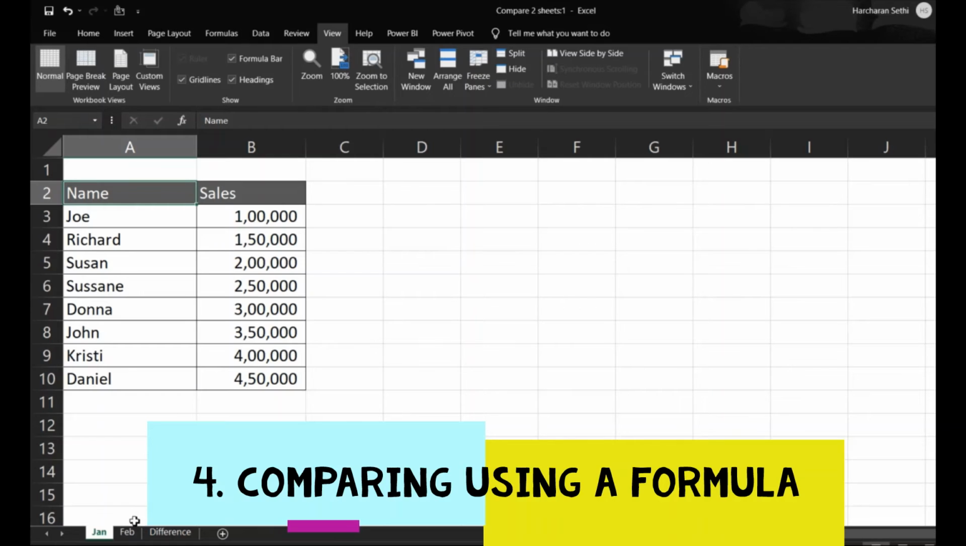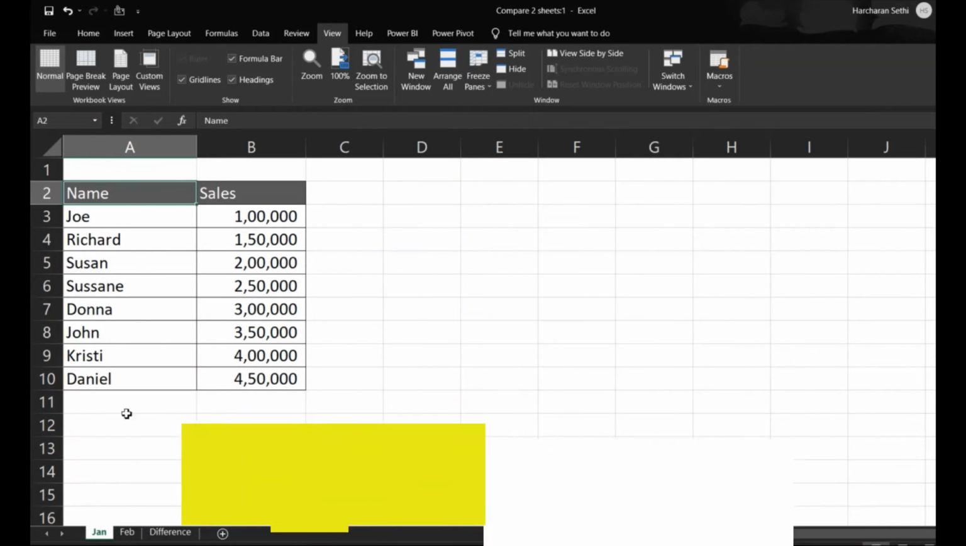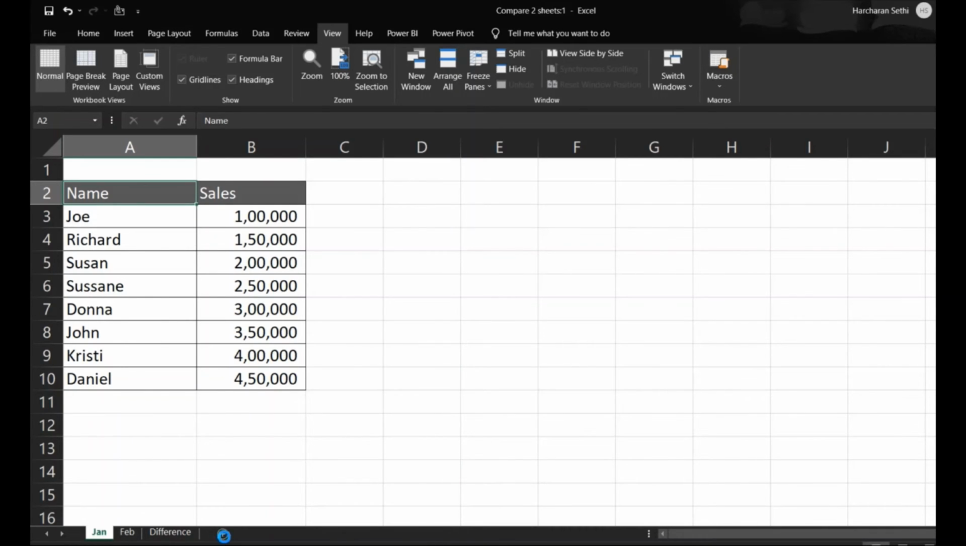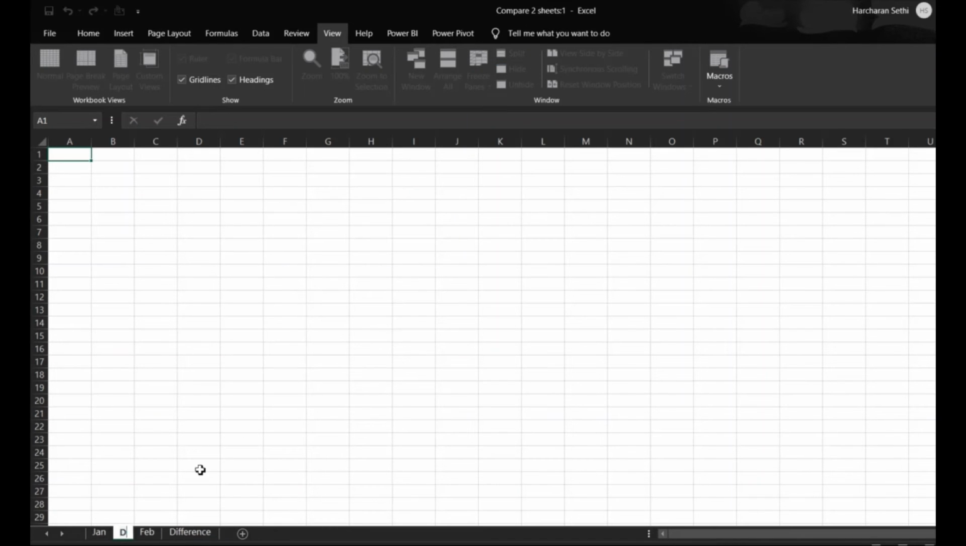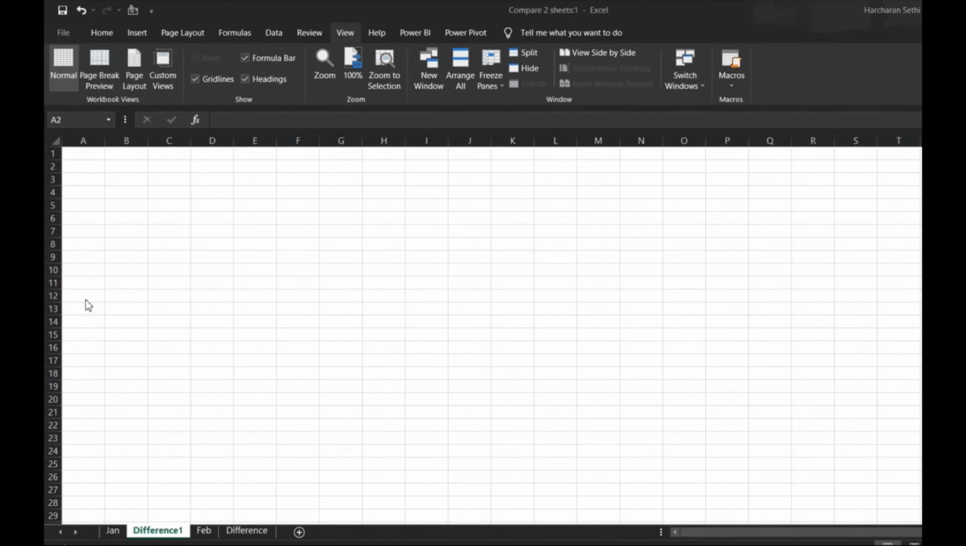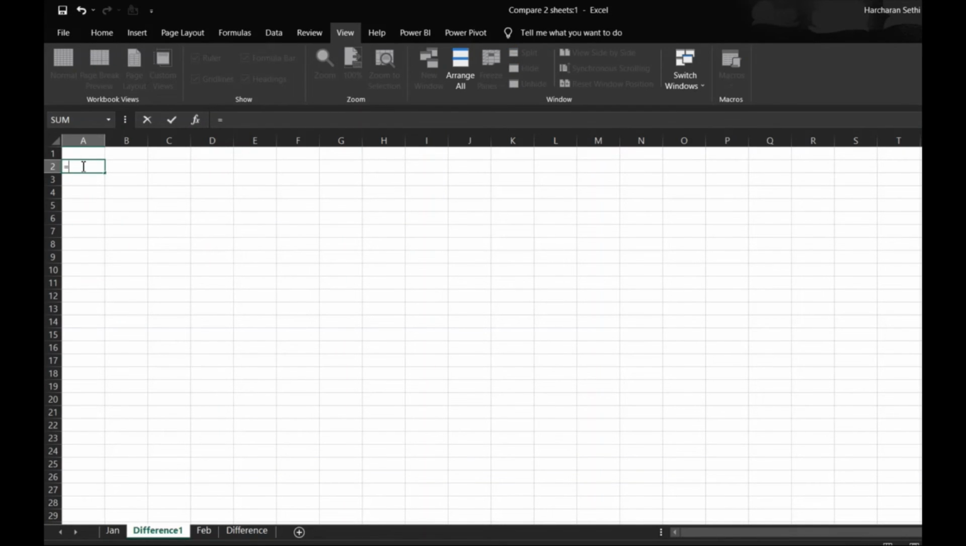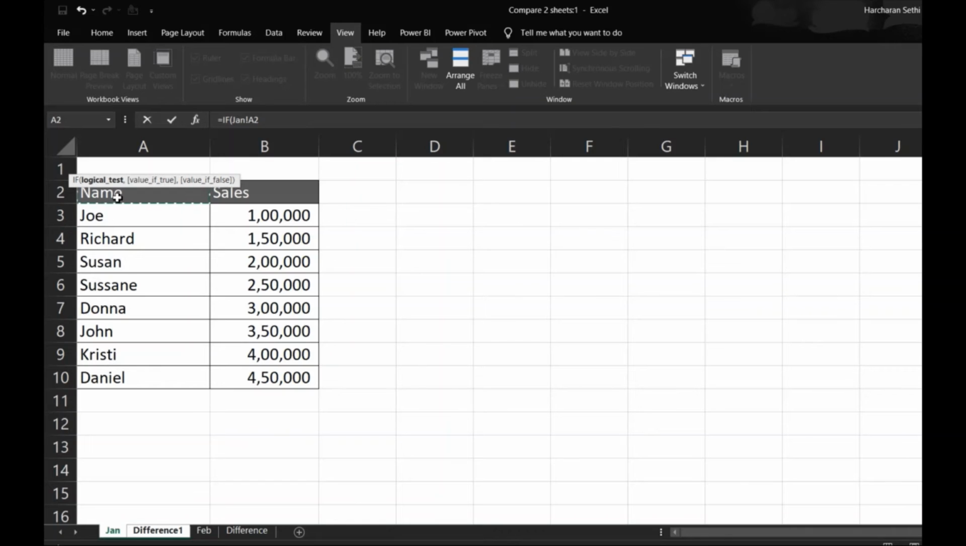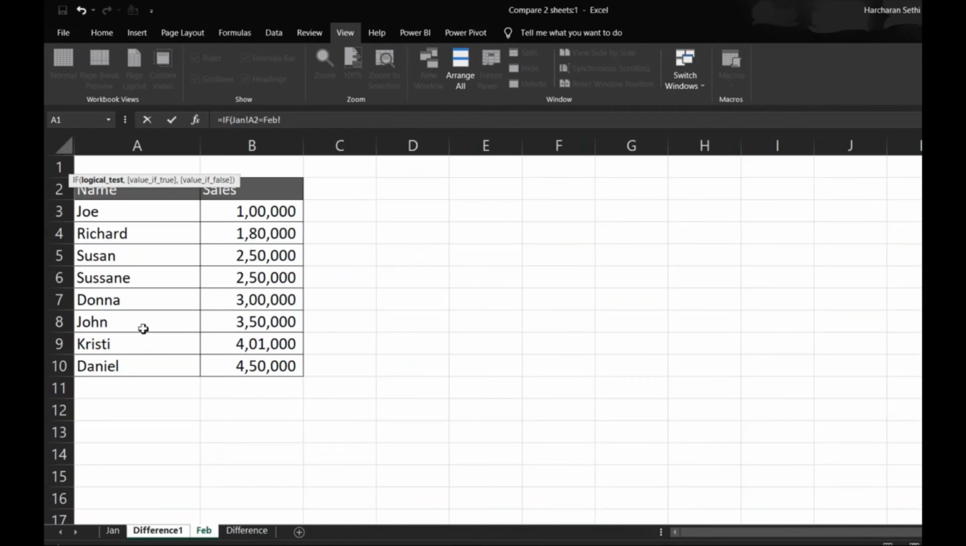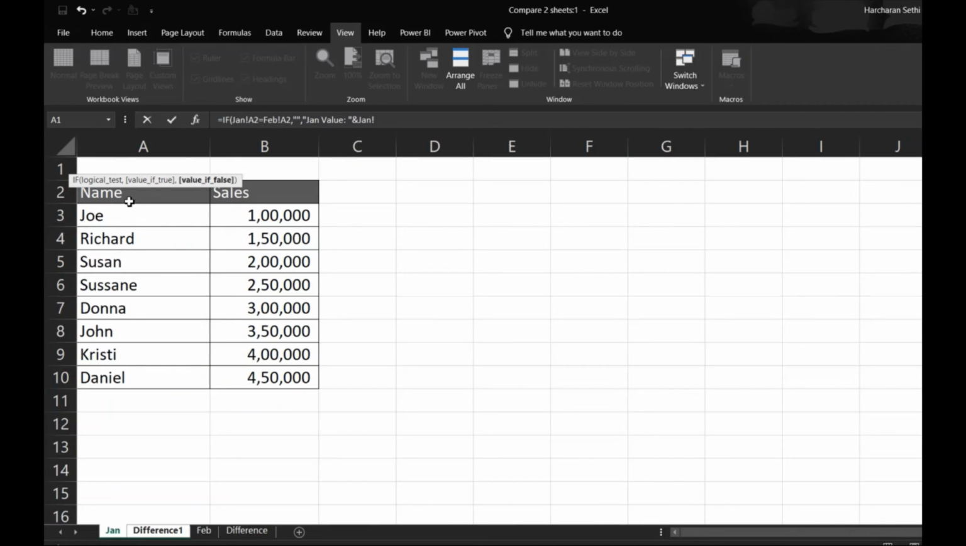There's another option to compare two sheets if you want to see where the difference is as well. So I'll insert a sheet here and rename it as difference. So we'll apply this formula here in cell A2, which is equal to IF Jan A2 equals Feb A2, then blank, otherwise Jan value, and select the Jan value A2